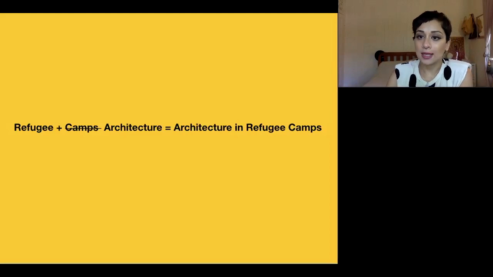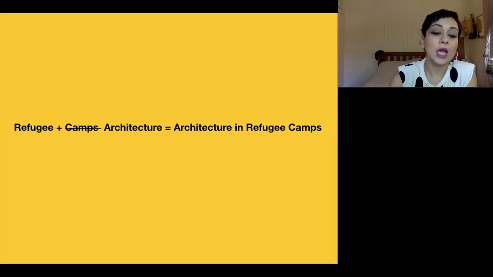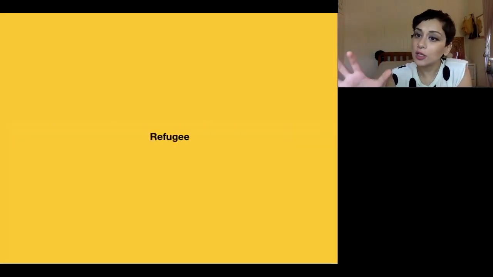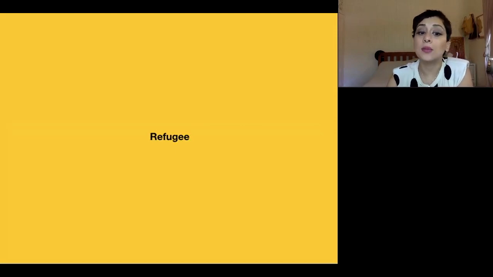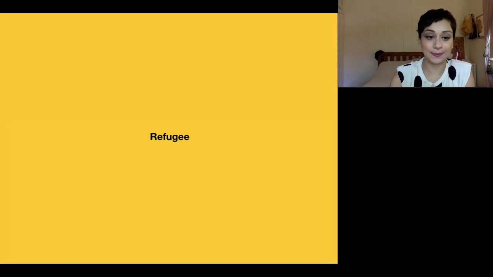To better understand a term like refugee architecture, let's start defining some terms. Whether it's the real definition or imposed definition, definitions are important. So, the subject of these settlements, the refugee: every 2 seconds, a person is forcibly displaced due to a conflict or persecution. In the world right now, there are 25.9 million refugees. 20.4 million of these are under the UN, the United Nations mandate.